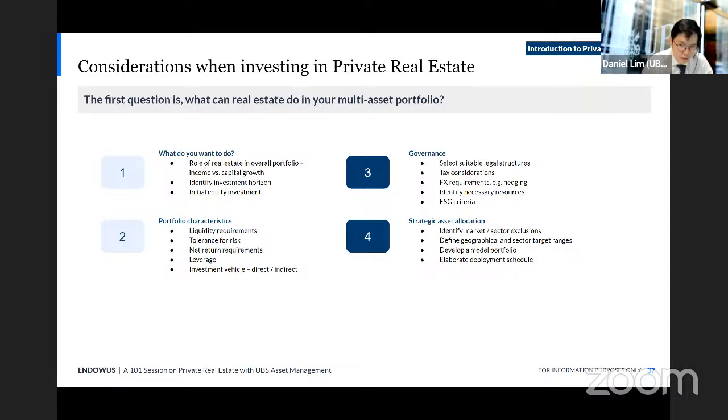Particularly when you're investing in closed-ended funds, which are more value-add and opportunistic in nature, these funds do take a number of years to get drawn, typically 2 to 3 years for the capital that you commit to be fully drawn. I think it's important to think about how you manage that undrawn capital, whether it be in short-term liquid investments. With interest rates rising now, the opportunity cost is more attractive, as you can put it in short-term deposits. But in the past, that was a bigger consideration as to what you do with that undrawn capital.